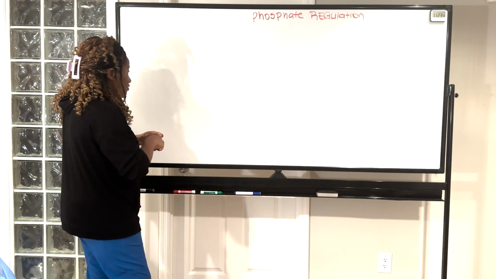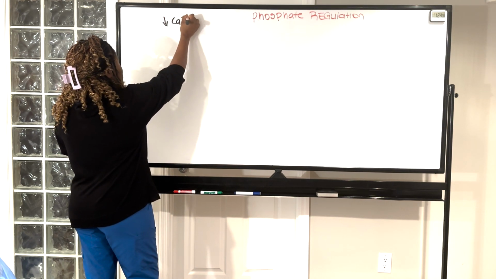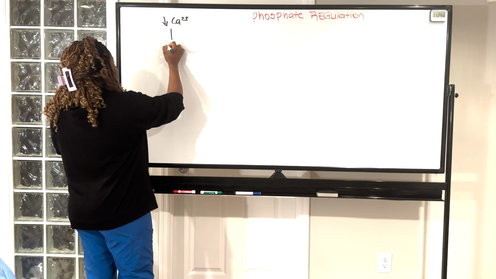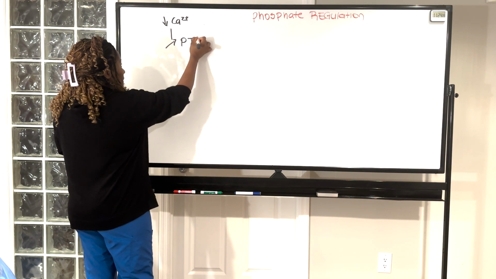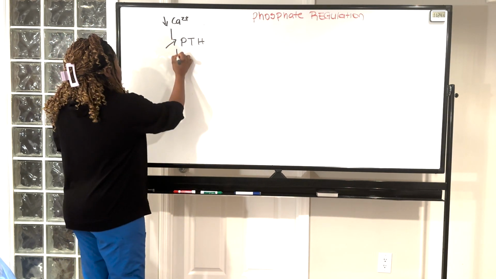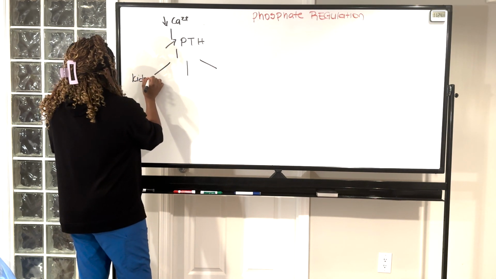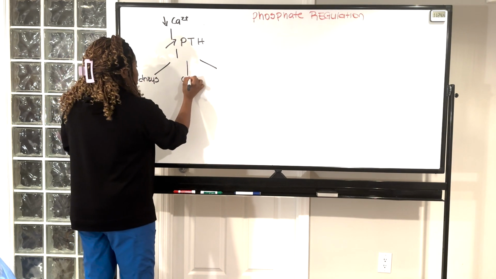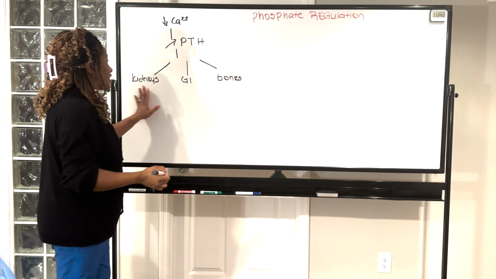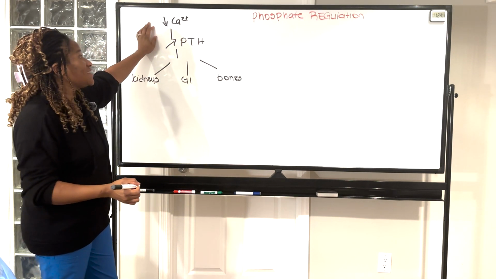So the parathyroid, when we have a decrease in calcium, is going to sense the decrease in calcium and increase its level. Now, when the parathyroid hormone increases its level, it's going to act on 3 different organs. It's going to act on the kidneys, the GI tract and the bones. Now, all this action is going to be to increase the level of calcium back to normal and